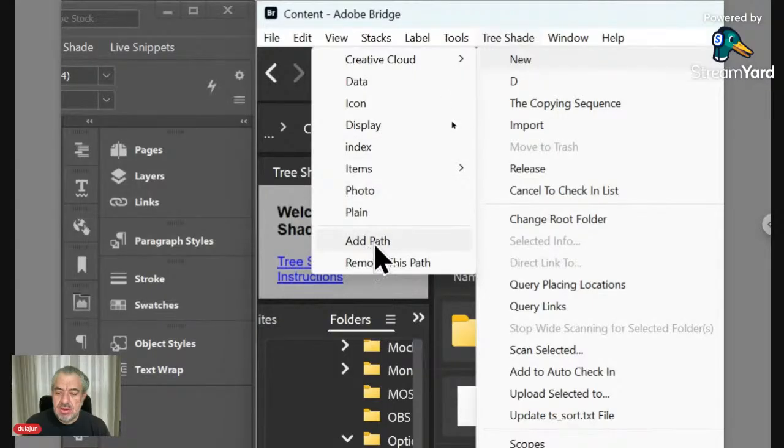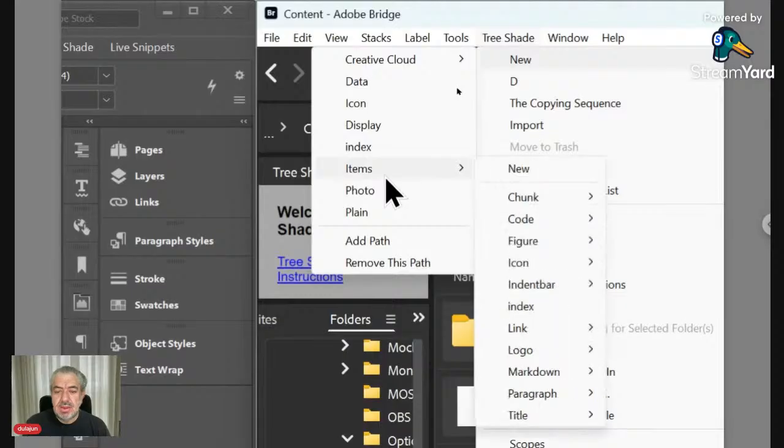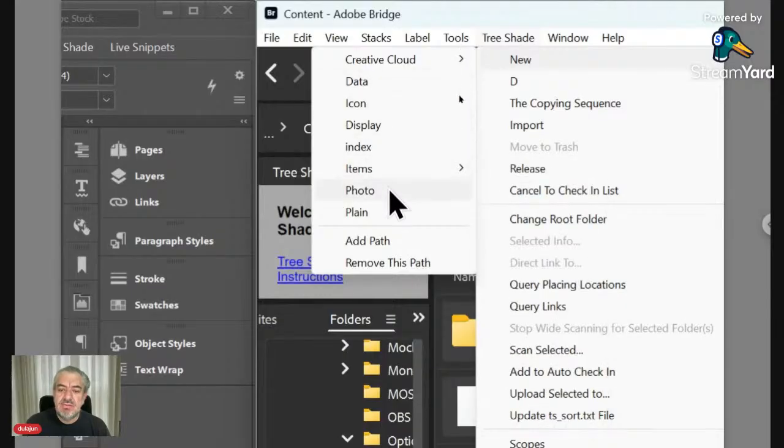You can add a new path, and you can remove the current path. The default one, called New, is a folder you will find inside the initial folder inside Workshop after installing, and you will have all these initial files already existing: a plain file, photo, items. And if you suggest adding files, we can add more files here by default. If you think of a new feature,